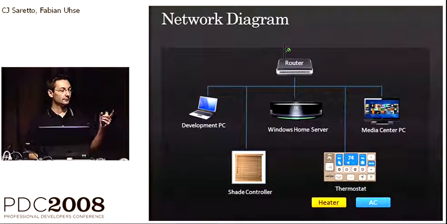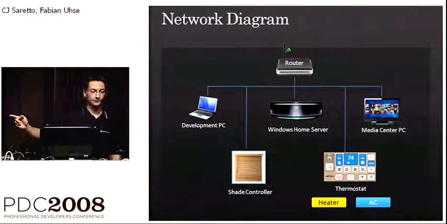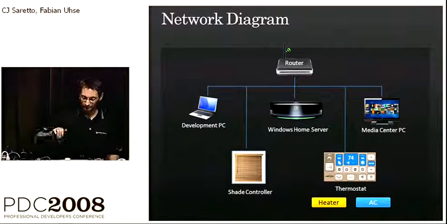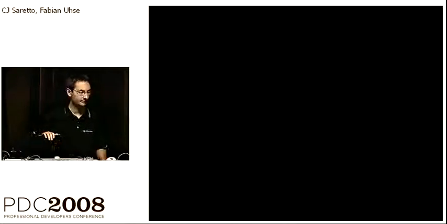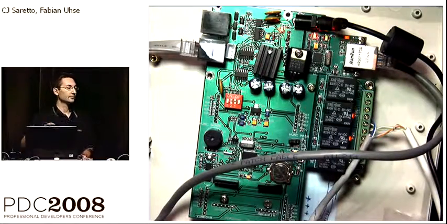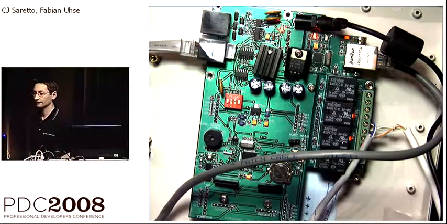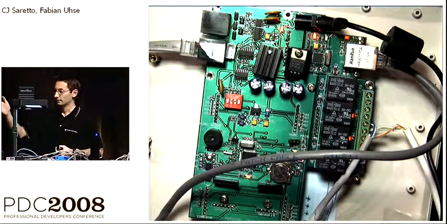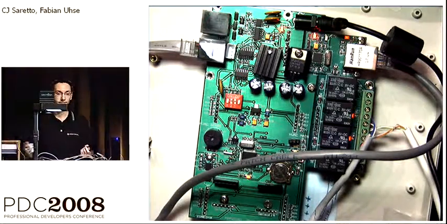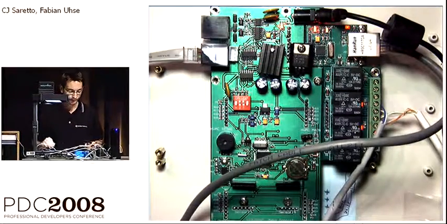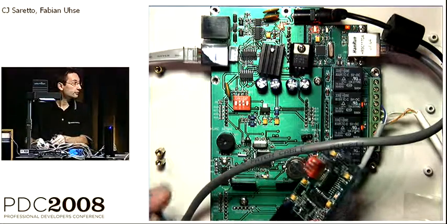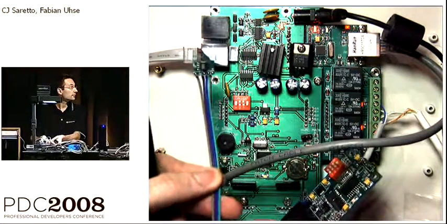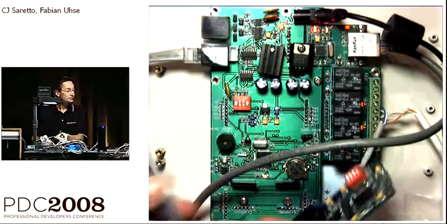And we have the smart devices. For instance, we have a thermostat. So this is actually a board that controls the fan and the heating or the fireplace. Connected to this board is a tiny temperature sensor. I'm just trying to show it to you like that. This is our tiny temperature sensor.